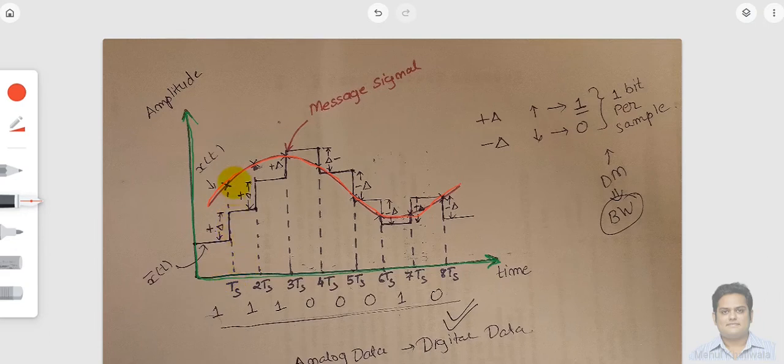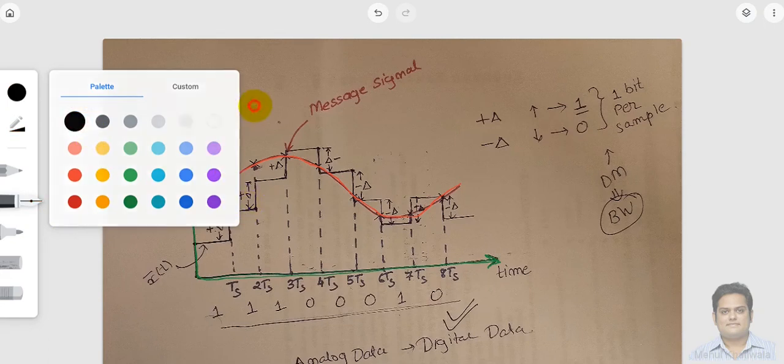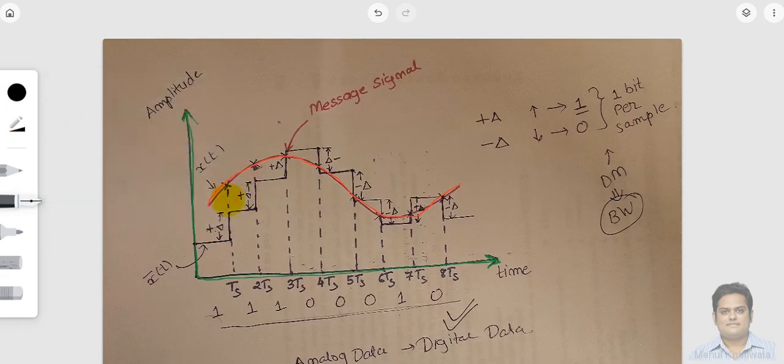So let me briefly identify the various samples I have taken in this case. This is my first sample, taken at Ts time period. As you can see, I'm just redrawing all these things. So these are my sample values. After every Ts seconds I'm taking one sample of the signal. So you can have all these values, right? These are the samples after every Ts seconds. I have taken 8 different samples, if you can see.